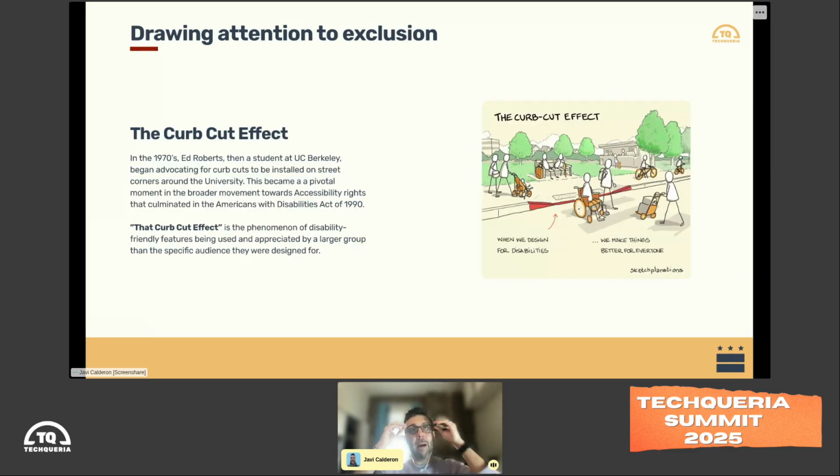So this all came about, and this is the common thread here, is this thing called the curb cut effect. Way back in the 70s, there was a big push by this guy named Ed Roberts. There were pushes around the country otherwise, but this one got the most notoriety at UC Berkeley. Ed Roberts was wheelchair bound, and he realized how hard it was for him to get to class, so much harder than for his classmates, because the streets really weren't designed to deal with his wheelchair. So this is when curb cuts came into play.